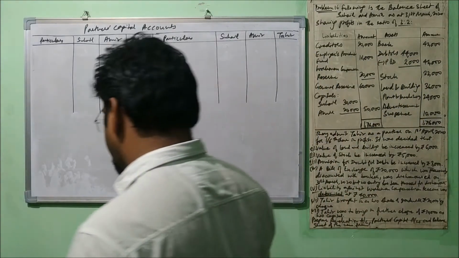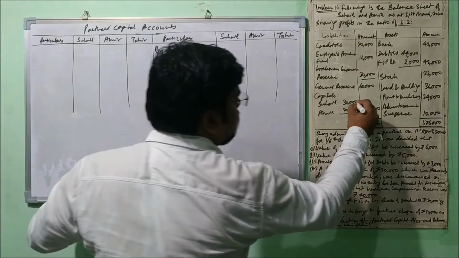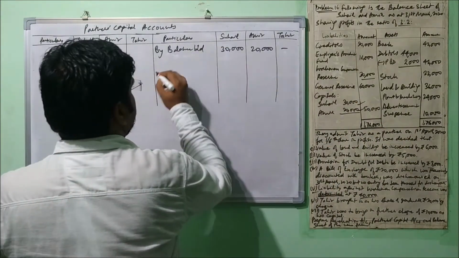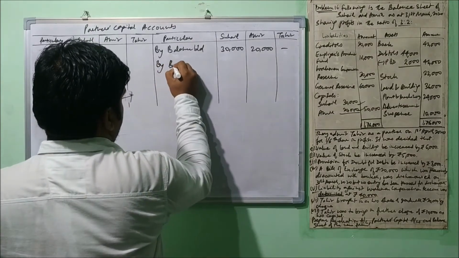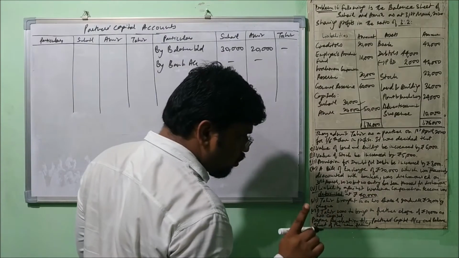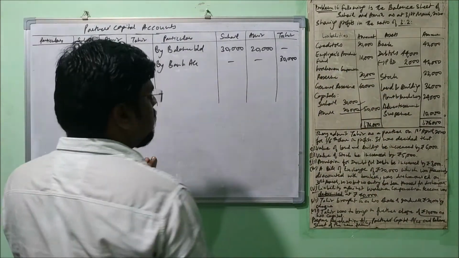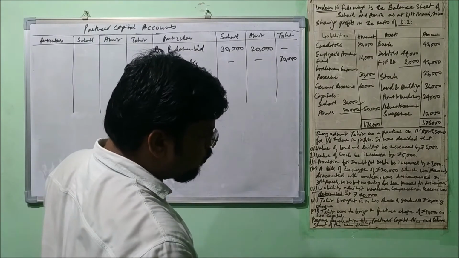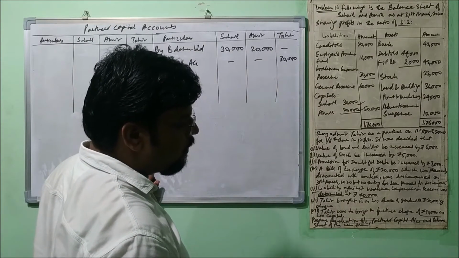Let's prepare it. Very first we'll put the balances of those, 30,000 and 20,000. Now Tahir has brought his capital through check. So by bank account, how much has he brought? Capital I am talking about, not goodwill right now. Okay, so don't make a mistake. 30,000. He has brought goodwill as well of 20,000, but in his account the entry will not be there, because what